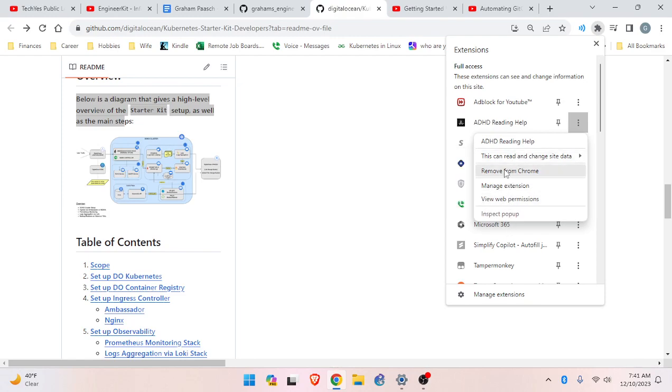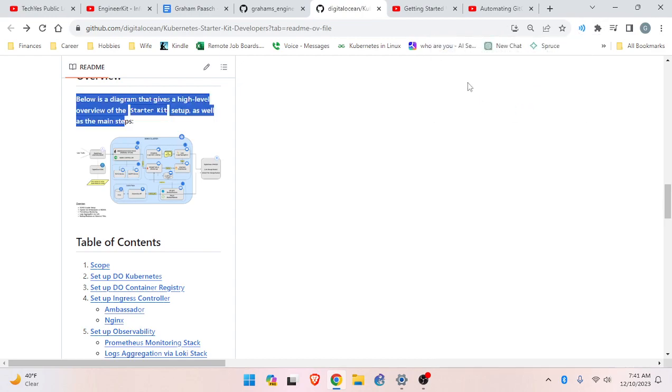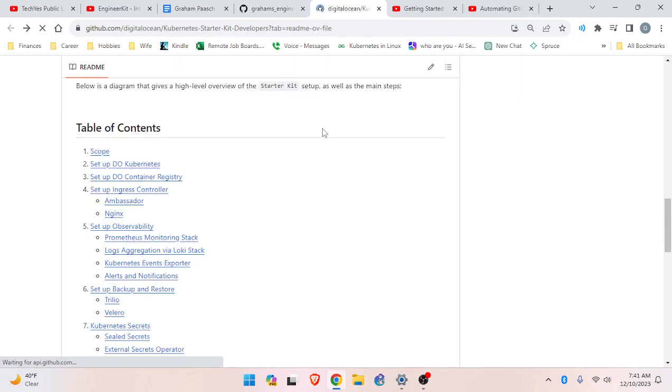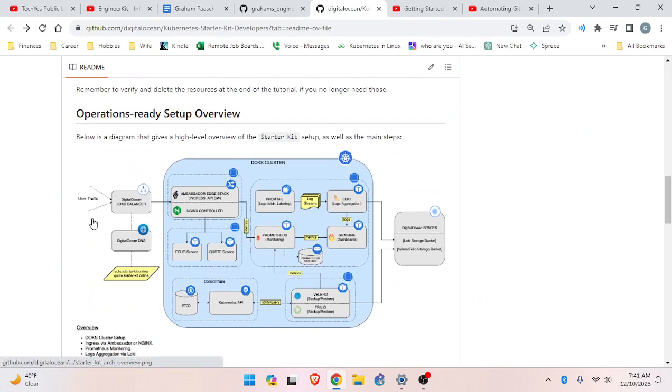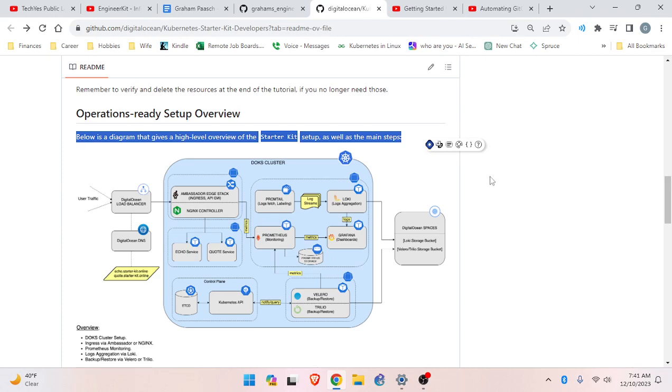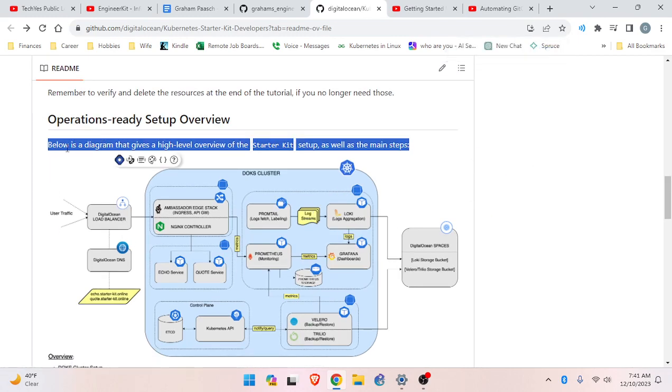So I think I'm going to remove it from Chrome. It could be a user error. You know, I'm just not using it in the way they intend. But as somebody with ADHD, presumably, I don't know for sure, having to go through all of this just so I can read one sentence a little easier is not worth it.